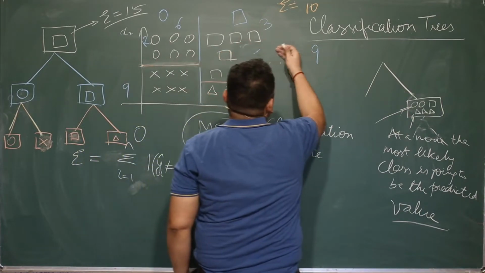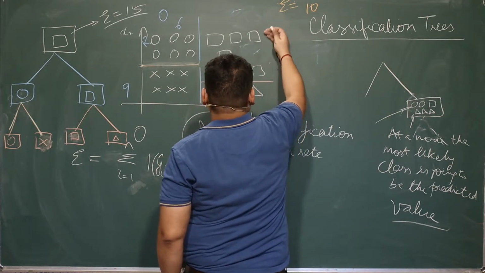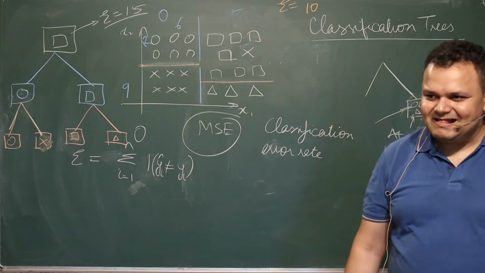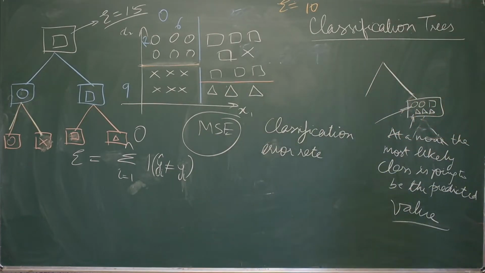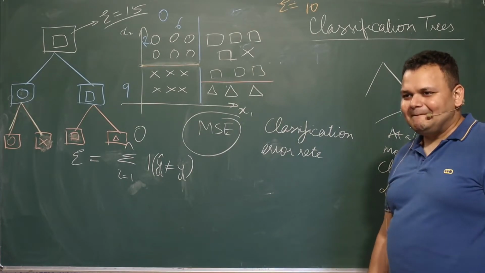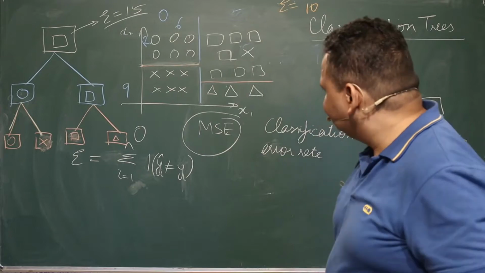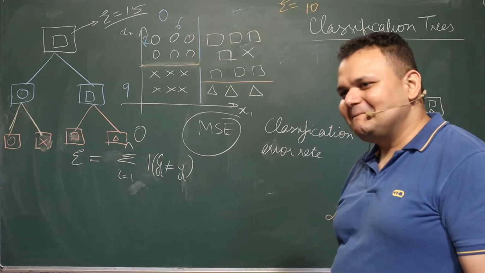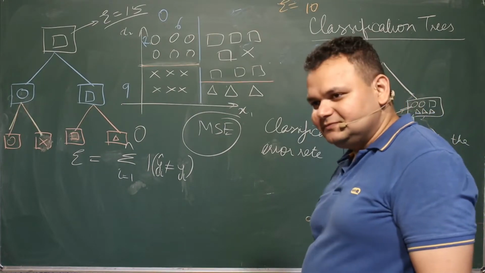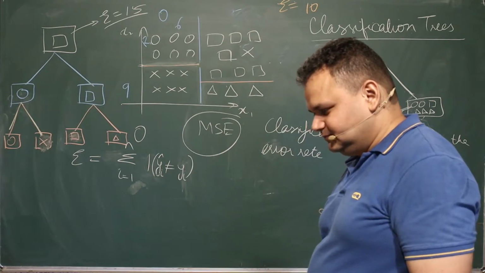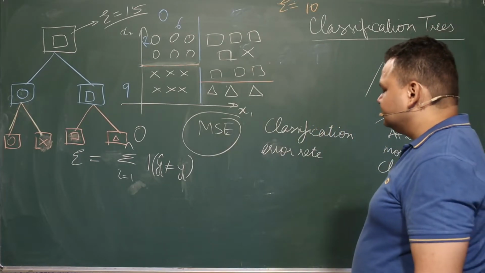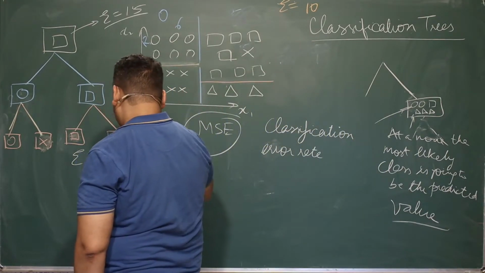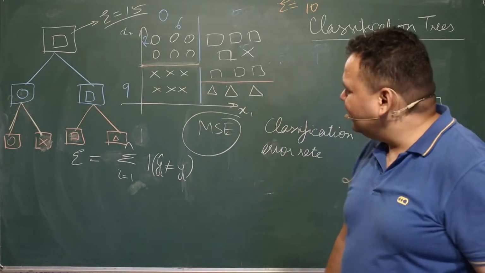Let us say you had an observation which looked something like this. What is your error going to be in this case? We'll prefer the same tree, but in the terminal node, one error rate will not be 0. So error will not be 0 in this case. We'll have an error of 1.